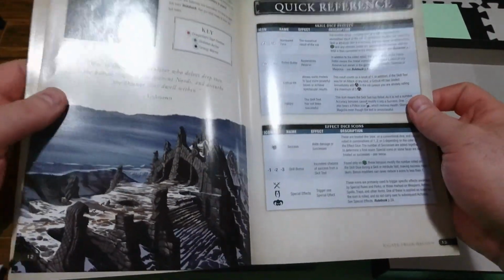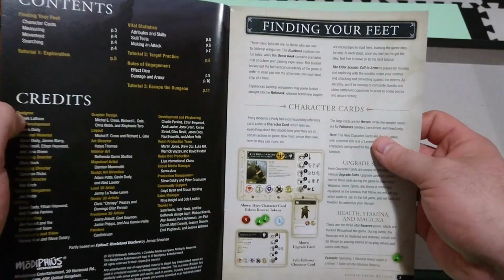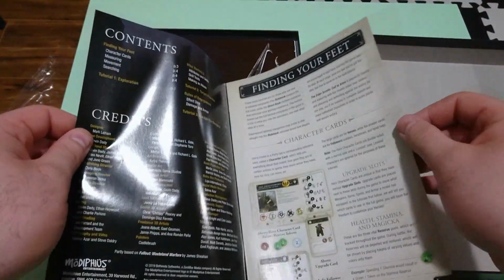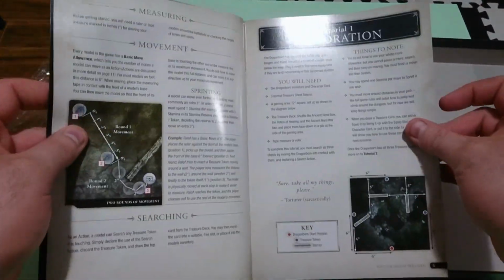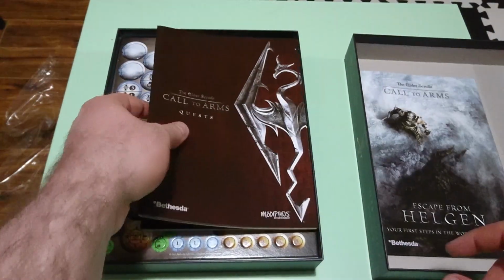It basically introduces the concepts and the way the game works. I've seen a lot of playthroughs with this using non-official models to start. As you can see, very nice graphic design, beautiful layout, nice looking book there. So then we have the